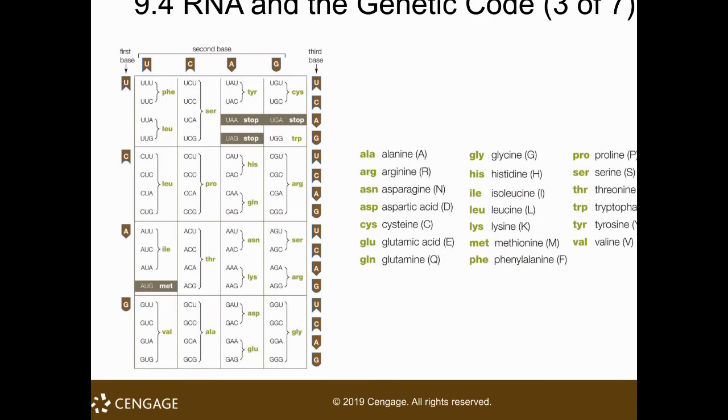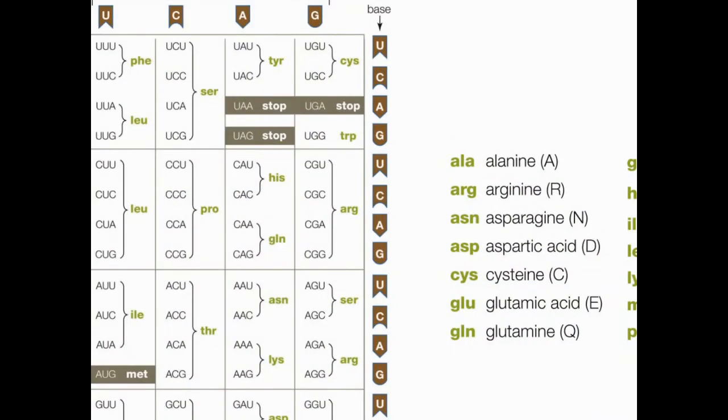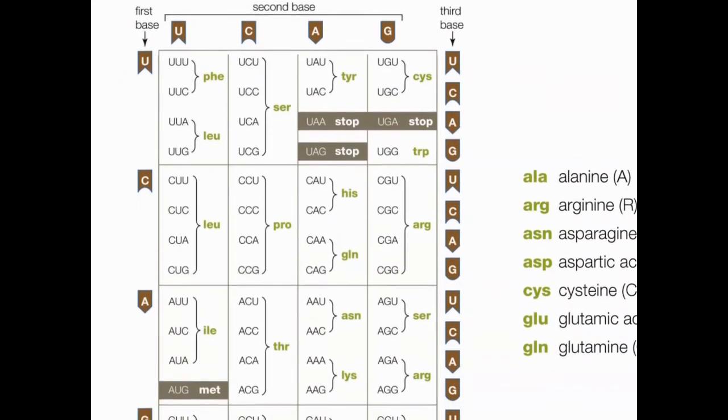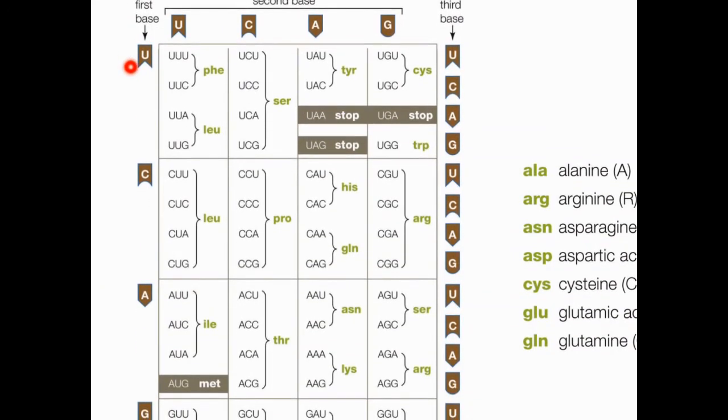So if you read it, for example, how about the stop codon? For the stop codon, it's UAA. So the first base is U, and then you go to the A, and then another A. So this is the stop codon. So these three are the stop: UAA, UAG, and UGA. So those are stop codons in your